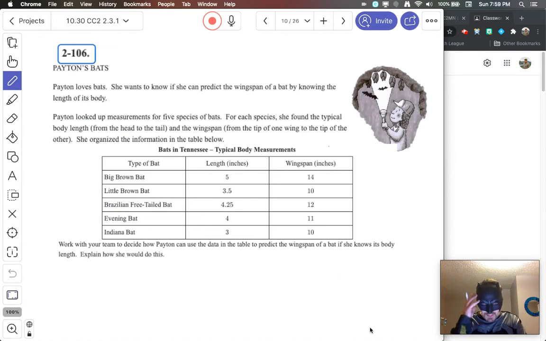Work with your team to decide how Peyton can use the data in the table to predict the wingspan of a bat if she knows its body length. Explain how she would do this. All right, so